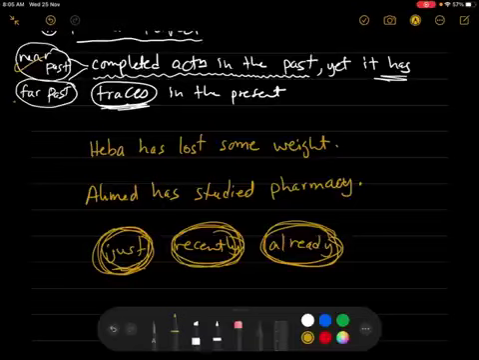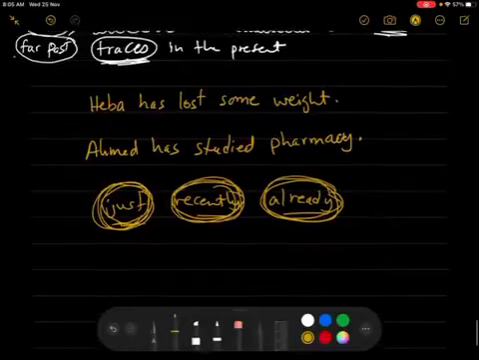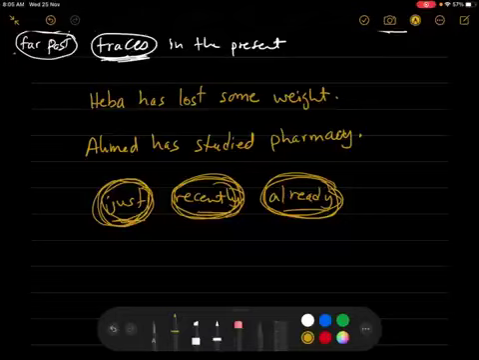When they want to tell you that this action was in the far past, they don't use just, recently, nor already. When they want to express an action that was completed in the near past, they use those three words. For example, when I say I have just read the story,